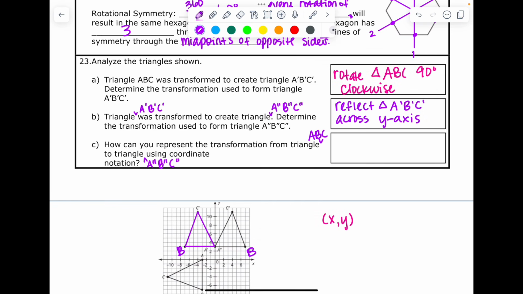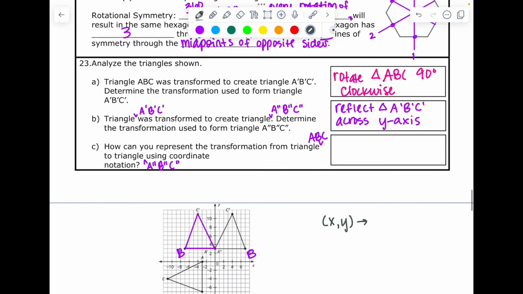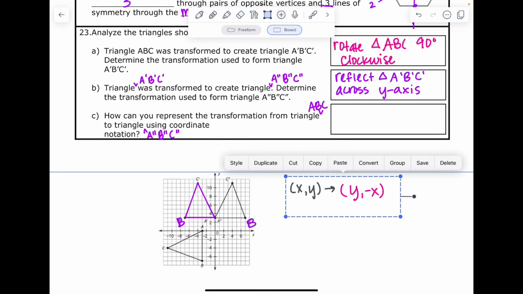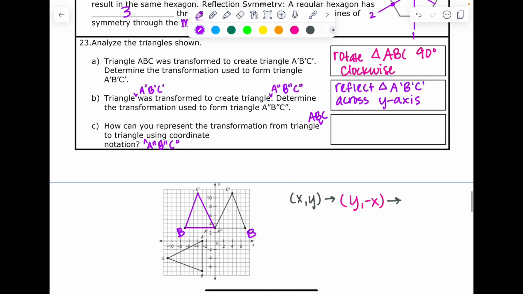All right, so if I'm starting with that one, oh, sorry, that should have been. Okay, my bad. So I'm starting with that one. And then if I do 90 clockwise, that should be what? Positive y, negative x. Positive y, negative x. There we go. And then if I reflect over the y-axis, a reflection over the y-axis changes the x coordinate. So that'll be negative x comma y. Okay. So when we put those together,